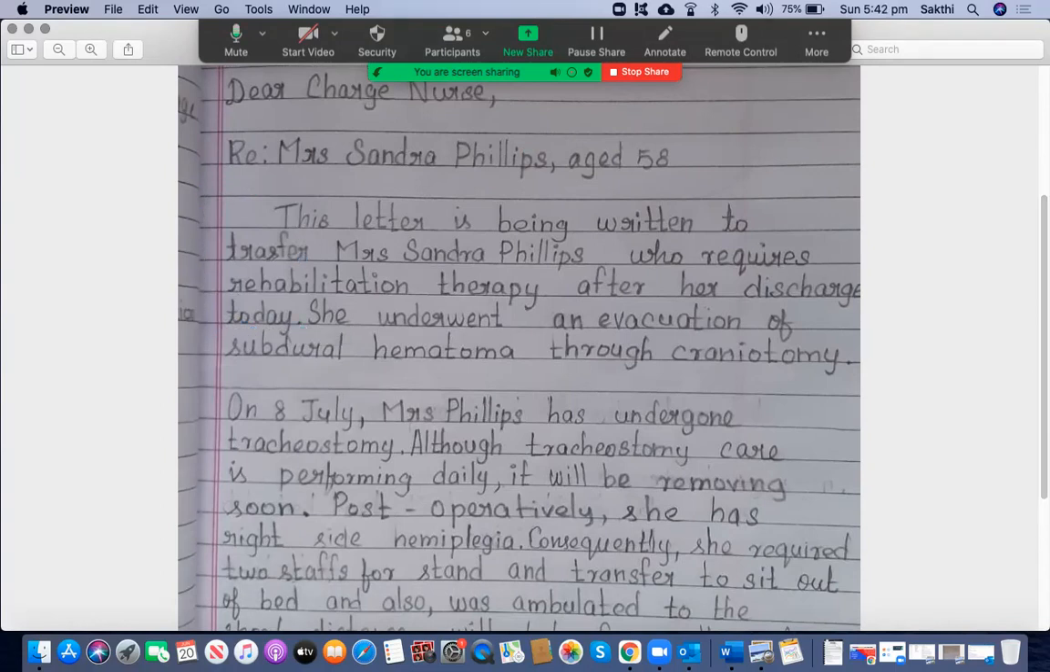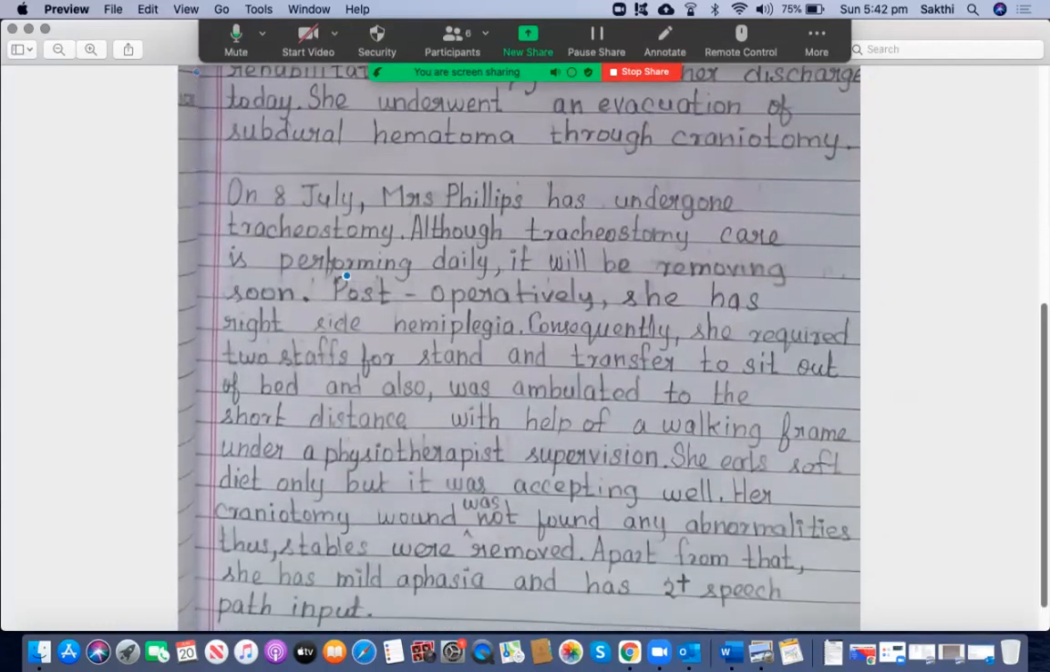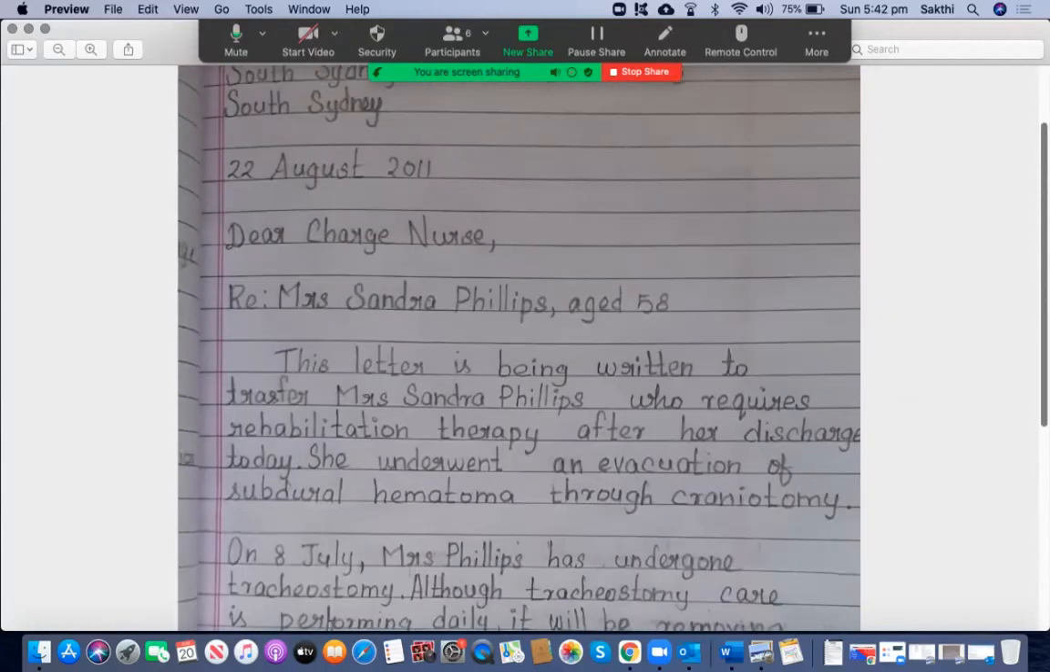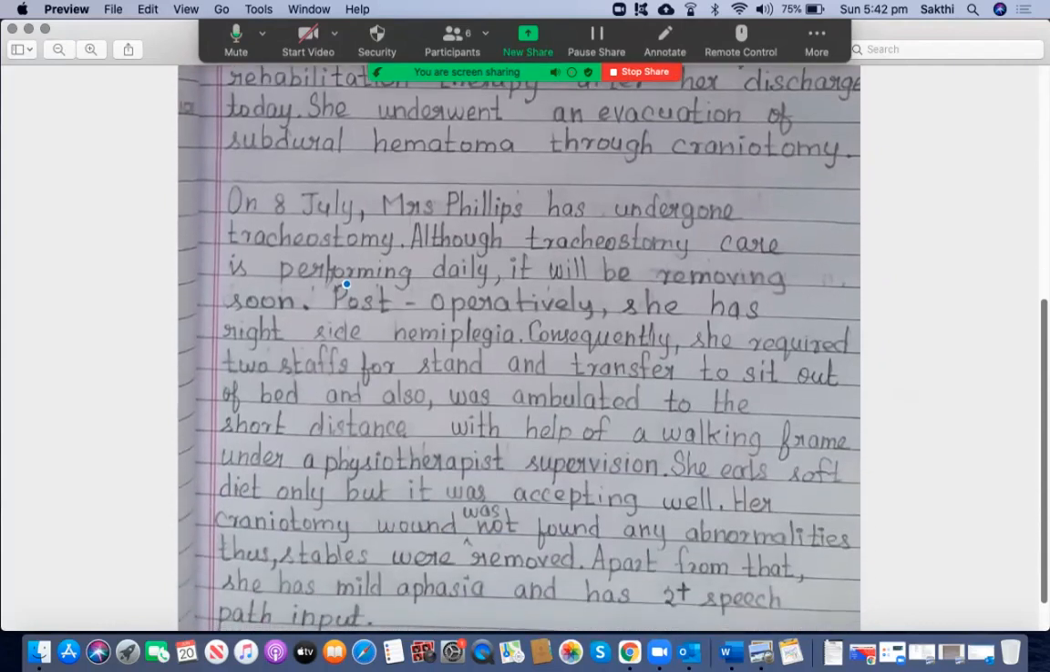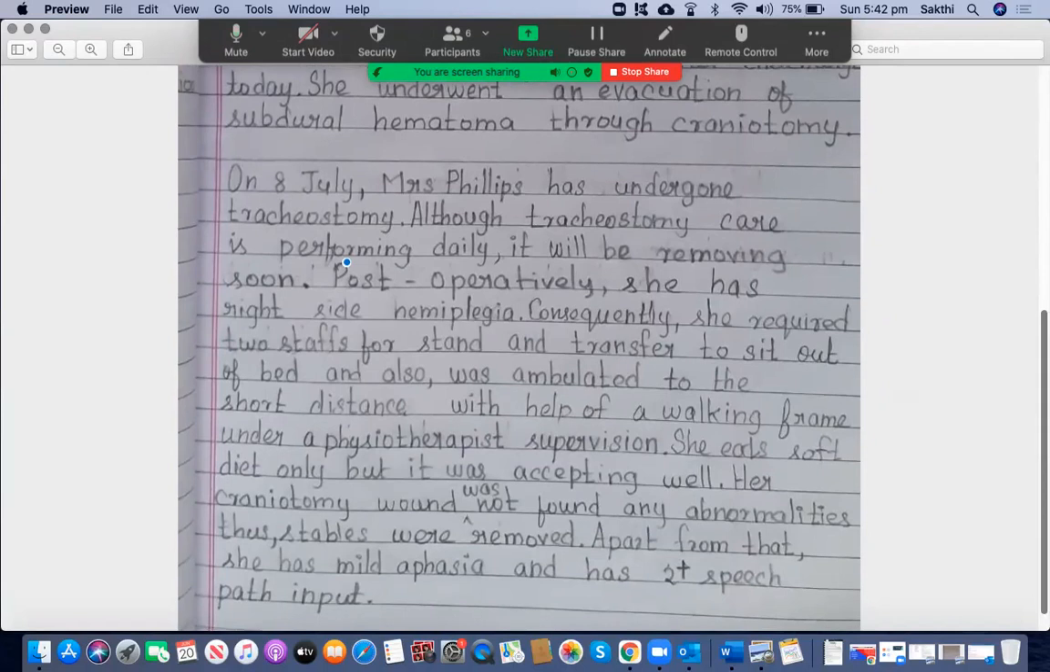She underwent an evacuation of subdural hematoma through craniotomy, right? So that's good. Craniotomy. Okay, good. So the introduction paragraph doesn't have any mistakes. I'm very, very happy with the way that you are writing, Ishwari. So it's really good. All right, let's go back and see: on 8 July, Mrs. Phillips has undergone tracheostomy. Although